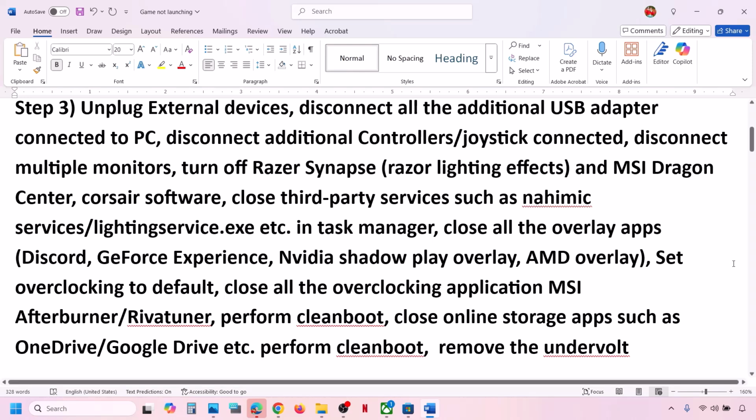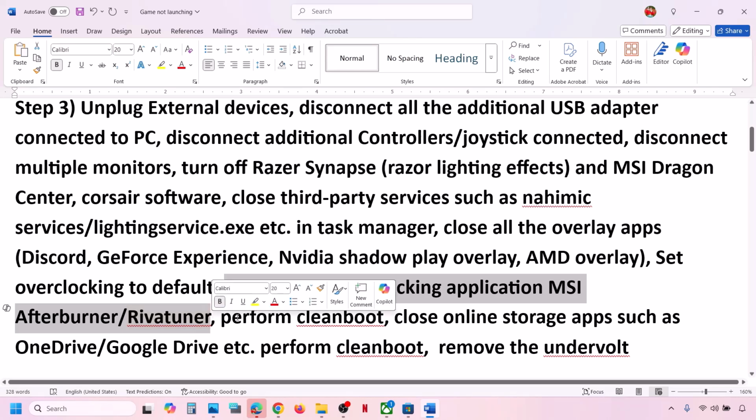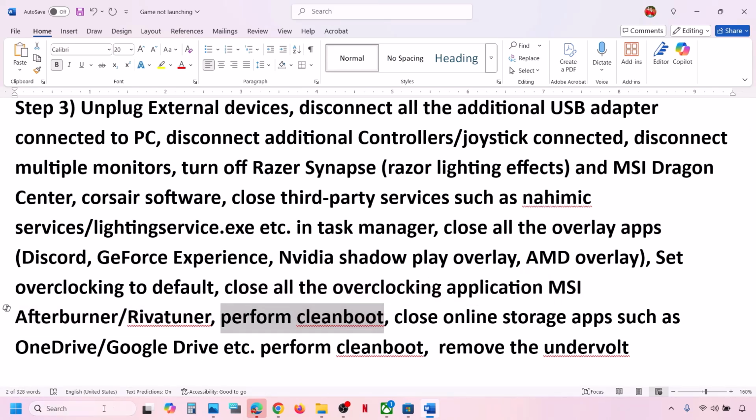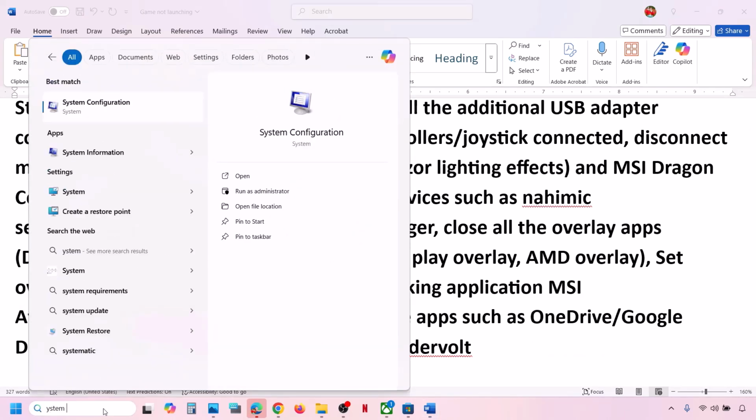So first of all, you have to turn off the overclocking. You have to set it to default, and then you can close all the overclocking applications and then check. Perform a clean boot. Now for this you can type in system configuration in the Windows search box